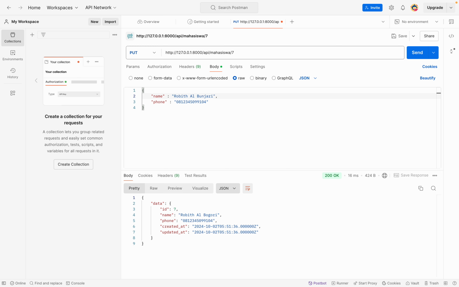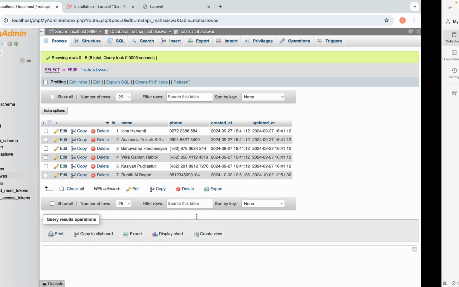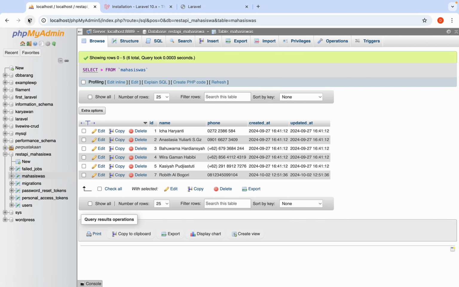Maybe on the name I will send this, Robit Al Bugori. I just updated to Robit Al Bunjari, and in the DB it is Robit Al Bunjari 2.